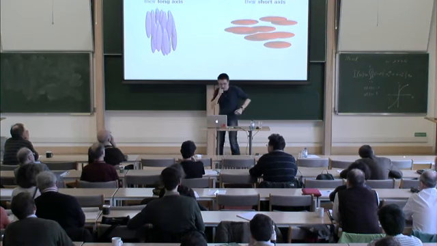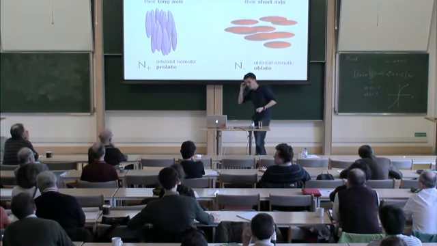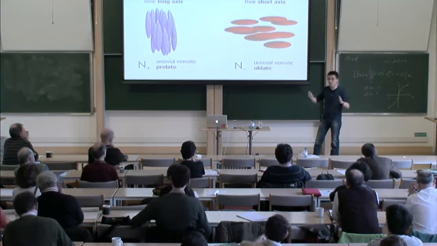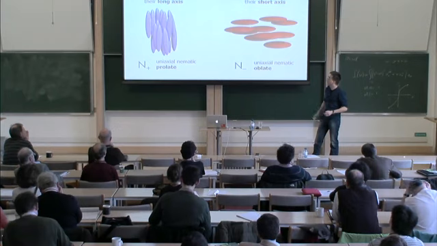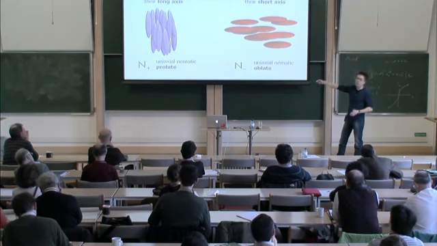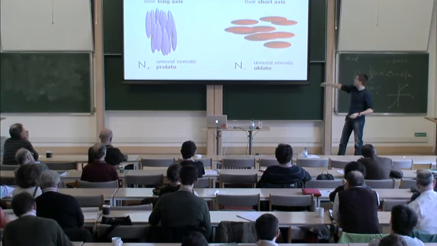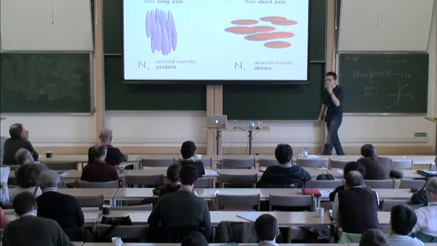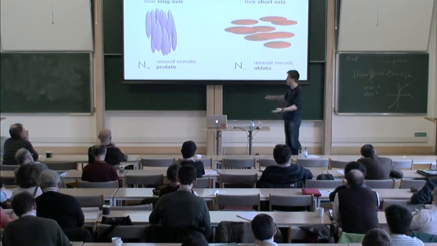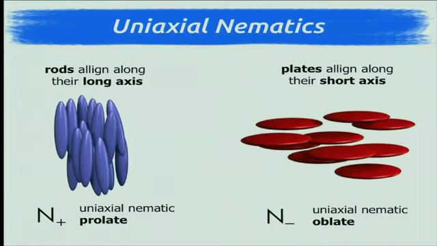If we consider the optical properties of these two liquid crystal phases, they are both characterized by uniaxial birefringence, and therefore we call them uniaxial nematic. We distinguish between these two by saying that this one is prolate, which we indicate with the N+ sign, and oblate in this case, N-. One could wonder why to specify the difference between N+ and N-, prolate and oblate. It's important in order to understand the question